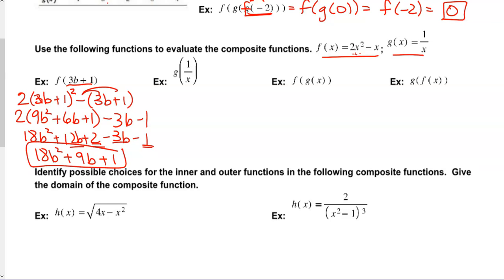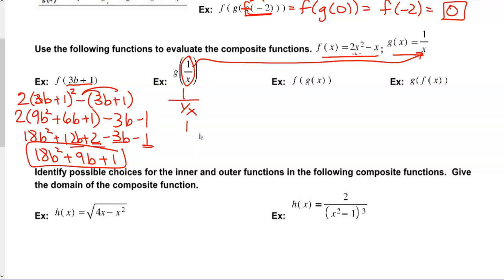Then I'm going to go to the next example. I need to take 1 over x, and wherever I see an x in my g function, I need to place that. So evaluating g of 1 over x means I'm going to take 1 over x. Now, this is a case where I'm dividing a fraction. So as a nice review of dividing fractions, I'm going to take this guy, and I'm going to, let me undo that,